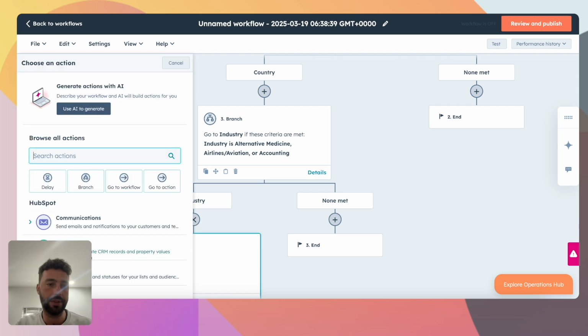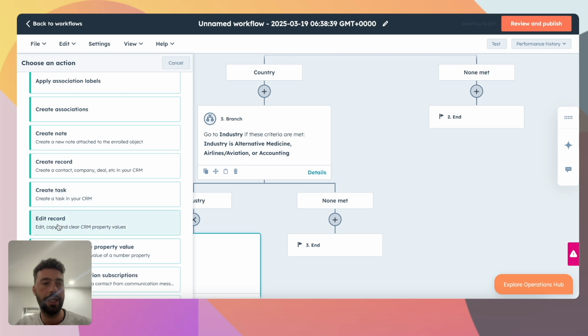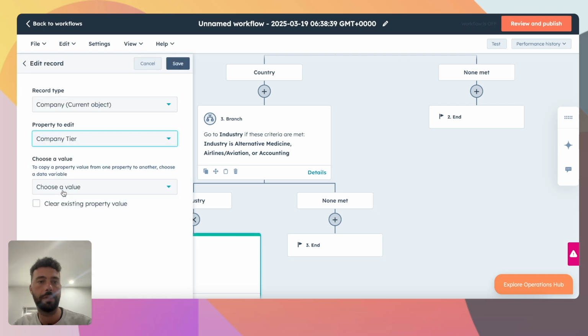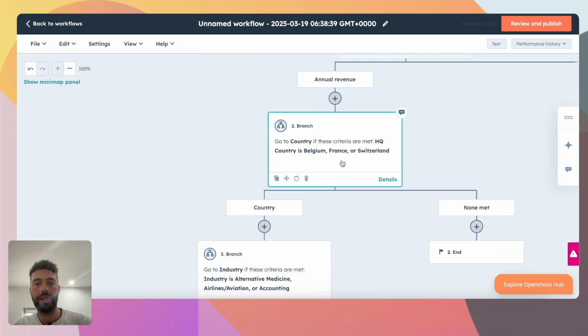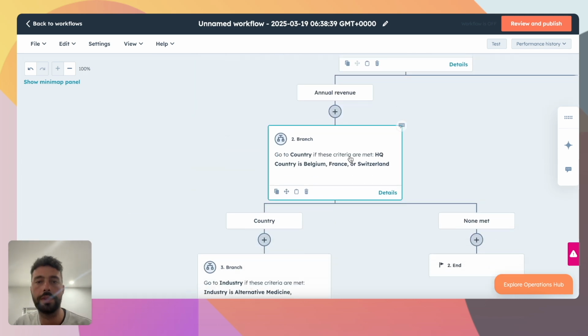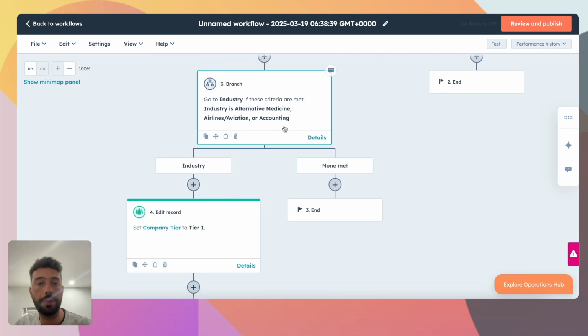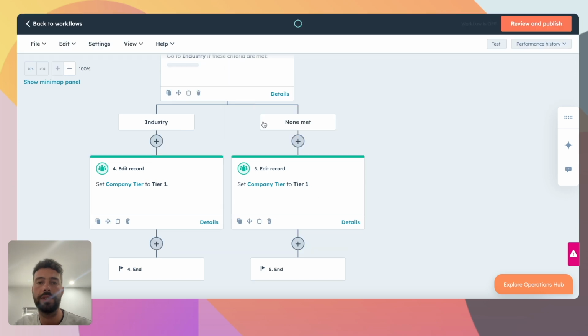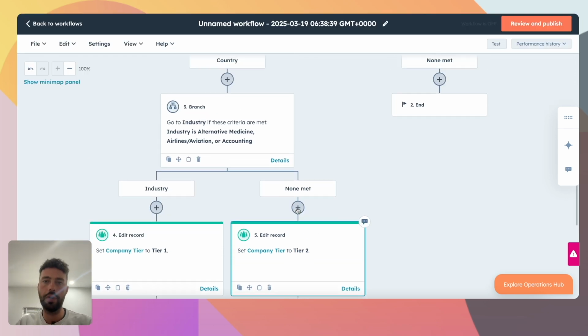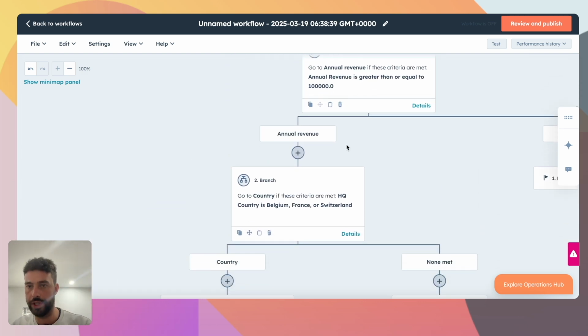So just need to click on plus, CRM, edit records, and we will just choose the company tier property we just created and add the tier 1 value. And now we realize that we define our tier 1, and we can think that more than 100,000 euros plus Belgium, France, and Switzerland, but not in the good industry, could be considered as a tier 2. So I can just clone that here, place here, and I will modify the tier 1 by the tier 2. Simply by doing that. And we just need to go up the branch to find the good tier for each